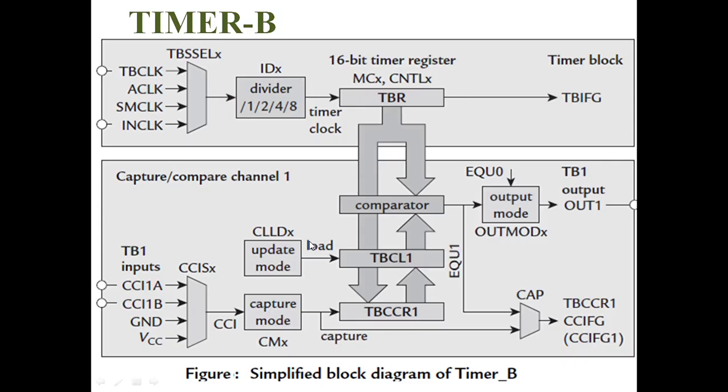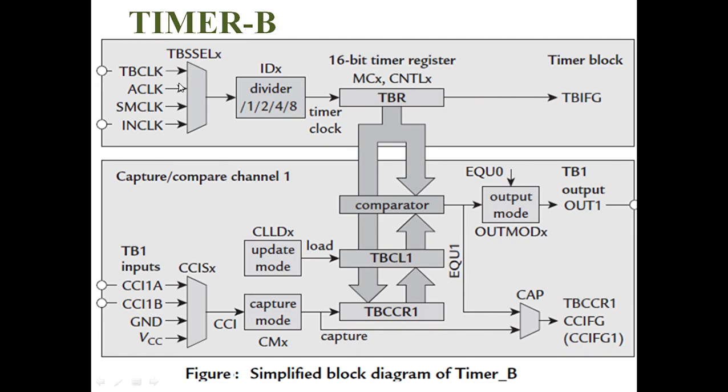Next, timer B. Timer B is also similar to timer A, which provides the timing reference to the devices or counters to perform the different operations. Similarly, we generate the interrupts, that is the timer B interrupt, whenever the counter reaches the maximum value. So coming to the operation of the timer B register, first it selects the source.